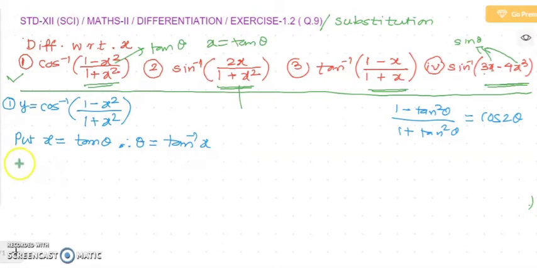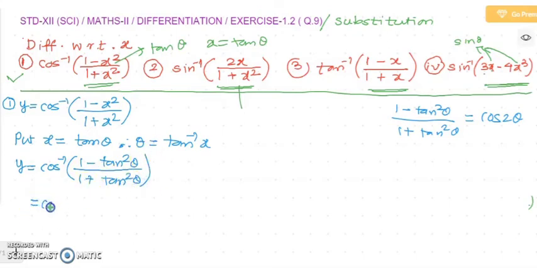Now coming back to y, y is equal to cos inverse of 1 minus, we are writing x as tan theta, so 1 minus tan square theta upon 1 plus tan square theta, which is equal to cos inverse of cos 2 theta, just remember this formula, which is just 2 theta. So y is going to be equal to